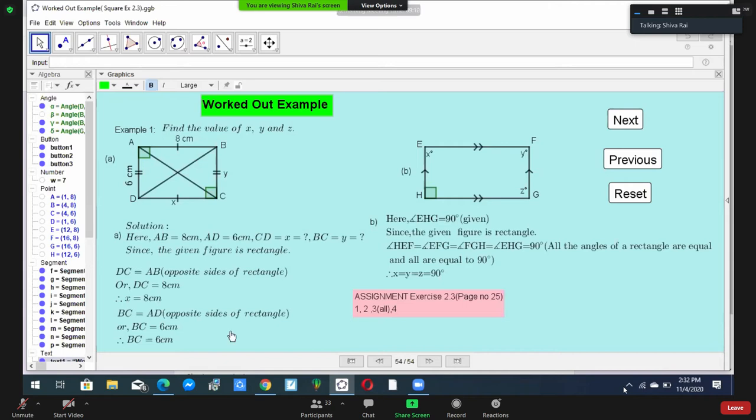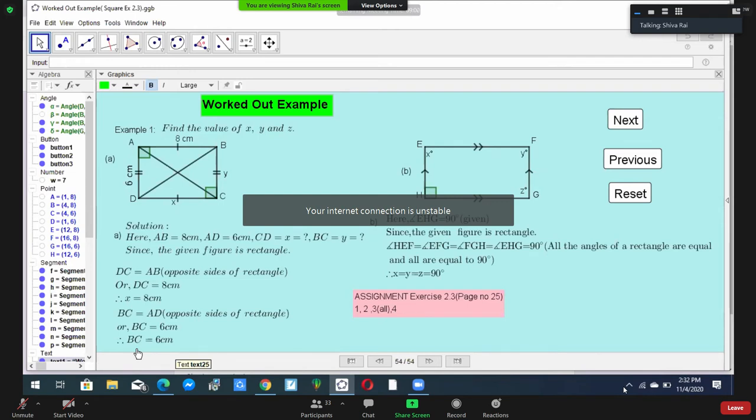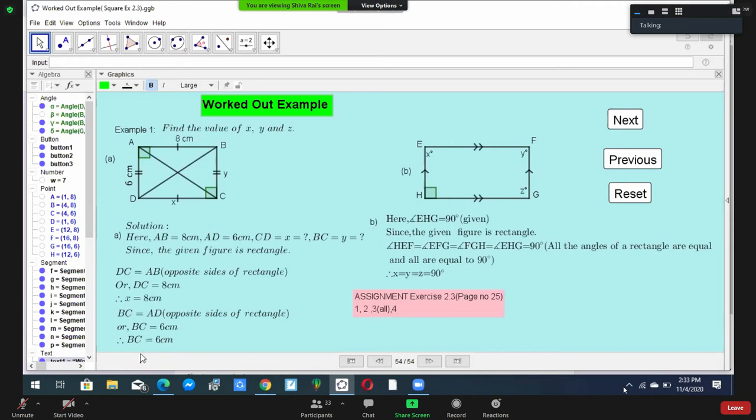But here Y is missing. I forgot to erase this BC after this step. Therefore, Y equal to 6 centimeter. You write. Are you clear? Yes sir. Actually, our duty is not to find BC, our duty is to find Y. But if you know BC, then you know Y. BC is Y. So one step is missing here. Like X, how X is written here, similarly below this BC you write, therefore Y equal to 6 centimeter. I think you understood.